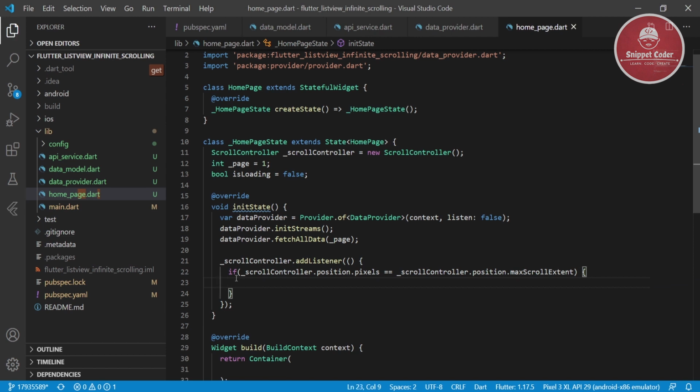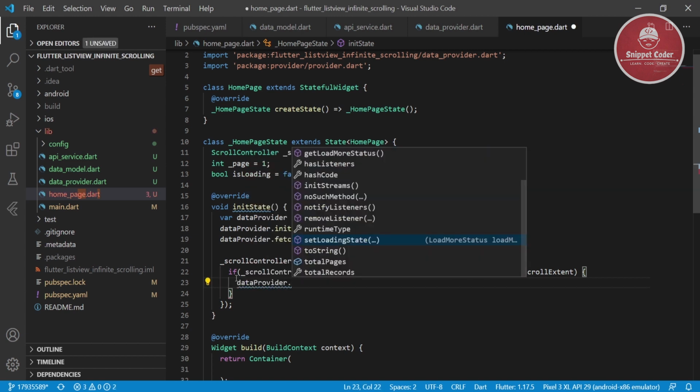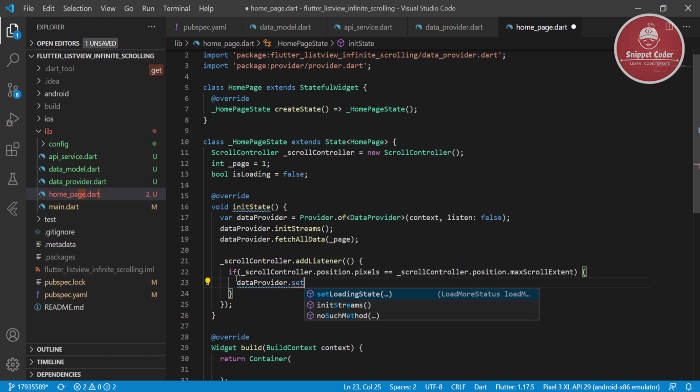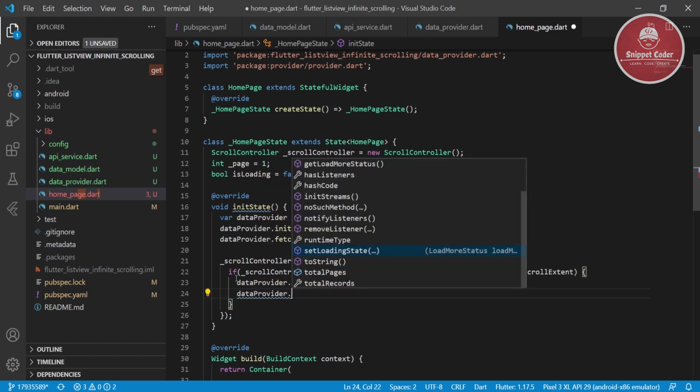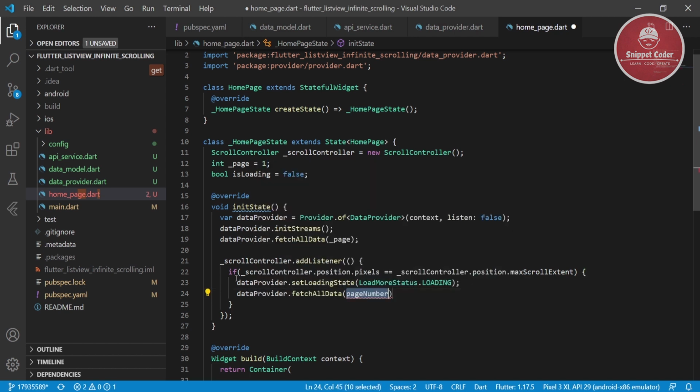So now we will set the state of that loading, and we will call data provider dot set loading state, and then we will have a load more status dot loading. Then we will call data provider dot fetch all data, and here we will pass plus plus underscore page.